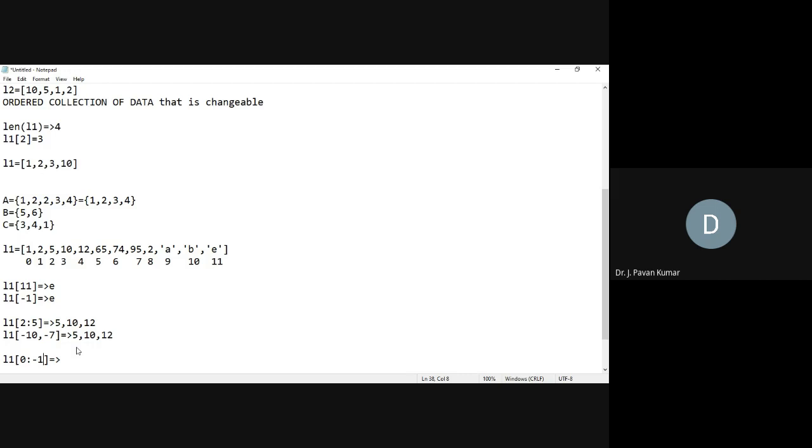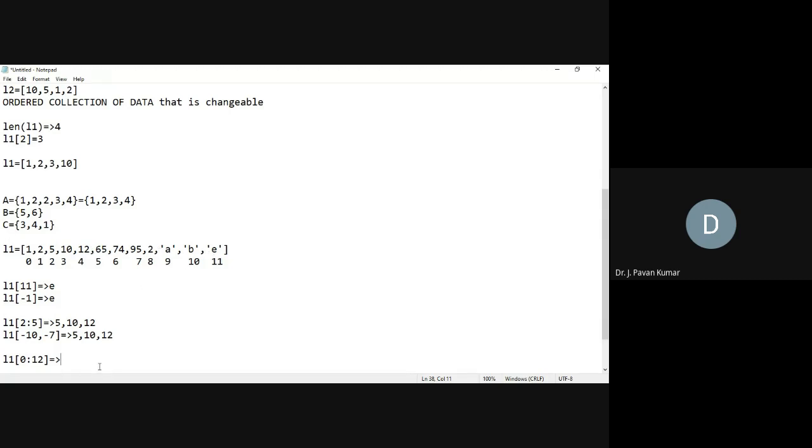So L1 of 0 to 12: now we will get all the elements. How it will be performed: 0 will be printed, then next 2, next 5, next 10, next 12, 65. Like this, one by one, it will be printed.